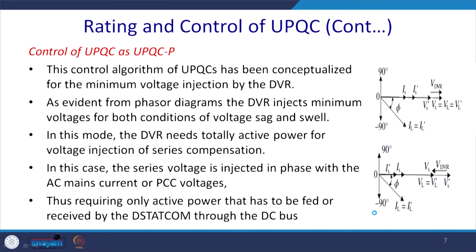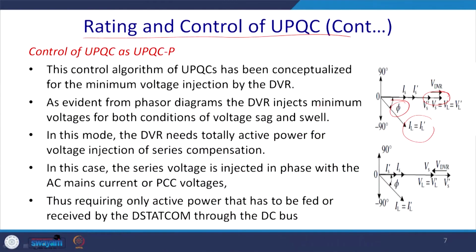Now, let us talk about the UPQC-P, where the voltage is injected in phase. So, DVR voltage is injected in phase. So, ultimately you do not have much change in the phase angle, that will be remaining phi. So, it was phi because previously we had 2 angles, because after compensation the angle between the uncompensated voltage and the compensated voltage became this angle in the case of the Q, but that angle is not possible because you are injecting a voltage in phase with the current.